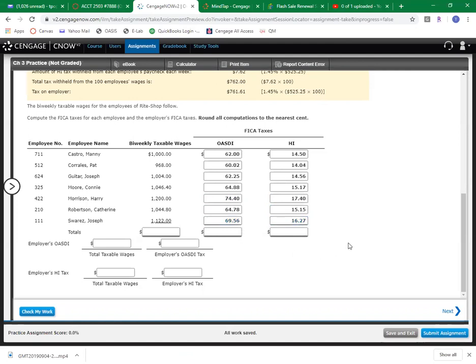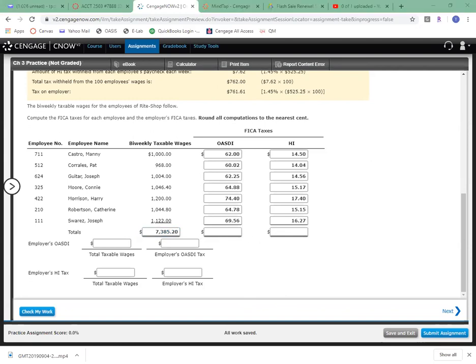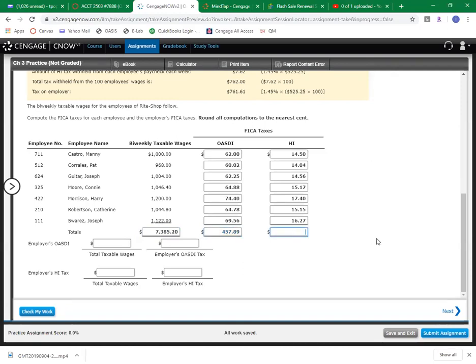Okay, so there I've calculated all of the employees that we have listed, all of their FICA tax contributions. When I'm finished, I just need to do the total rows here. So I add up their total biweekly taxable wages, the total wages we're paying to all employees, $7,385.20. And then I add up their total contributions. So OASDI, total FICA withholdings for all employees, added up to $457.89, and Medicare was